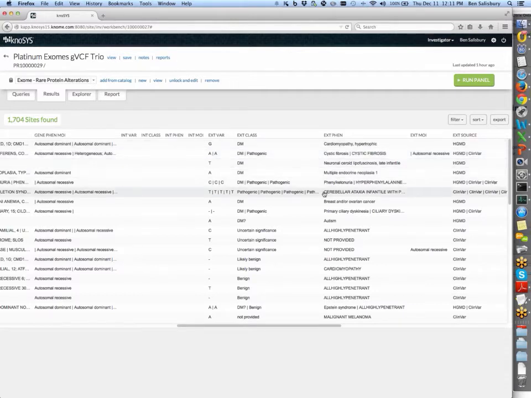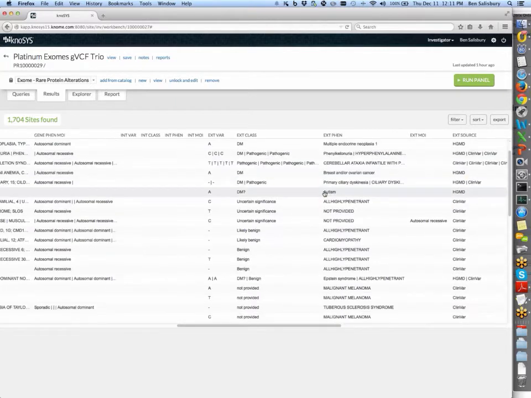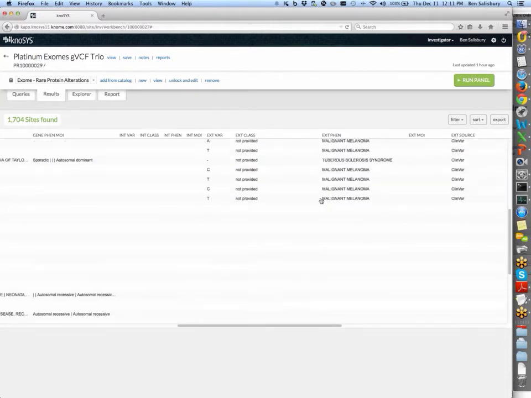We see a wide variety of traits. Looking back at the gene level information, we can see that some of these are expected to be dominant or recessive. So it's still quite a lot to go through, and the list stops pretty quickly. So we're still left with well over 1,000 variants that have no classification information in them. So let's step back from this full exome and focus in on a particular area of interest.